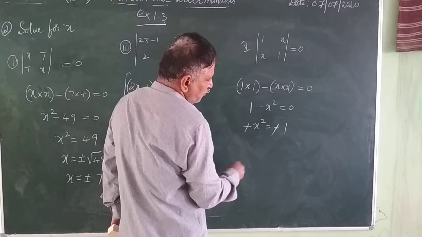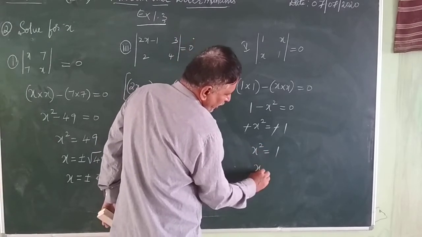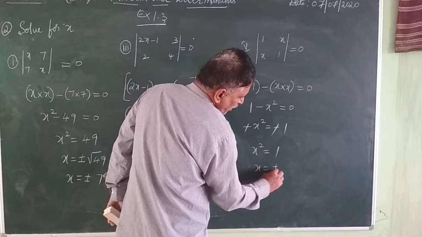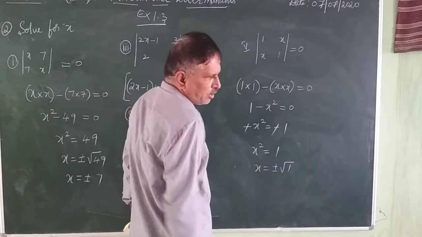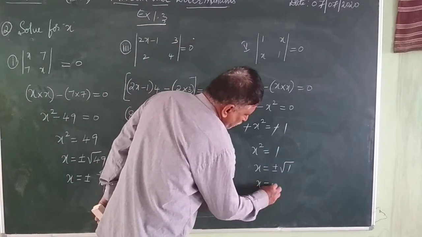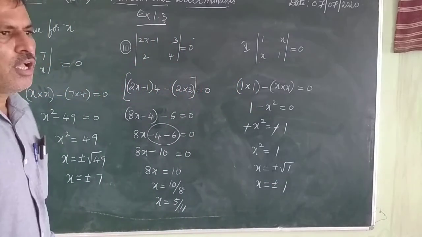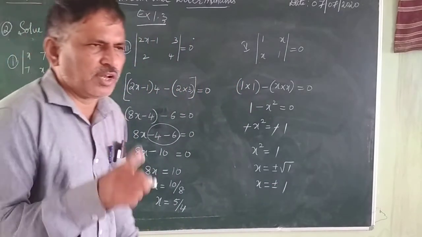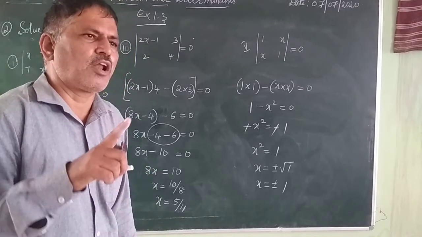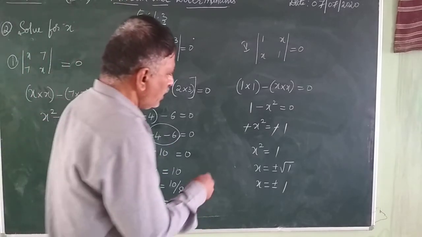So minus minus will get cancelled. x square is equal to 1, or I will write x equal to plus or minus root 1. Plus or minus root 1, x equal to plus or minus 1 only. Because 1 to the power of any real number will be 1 only. See, root 1,